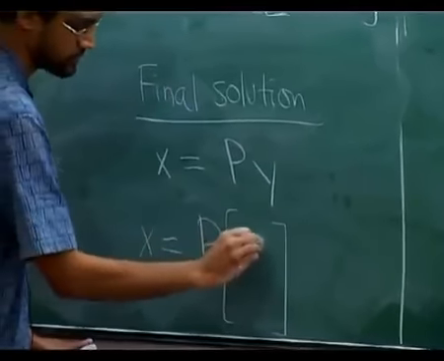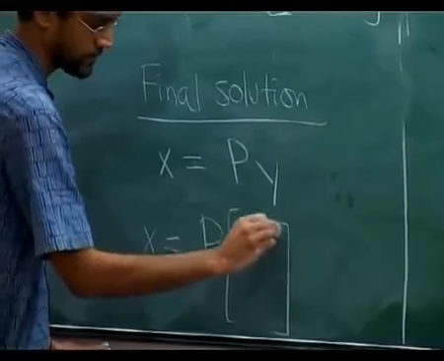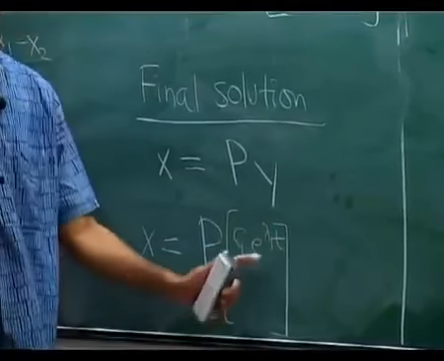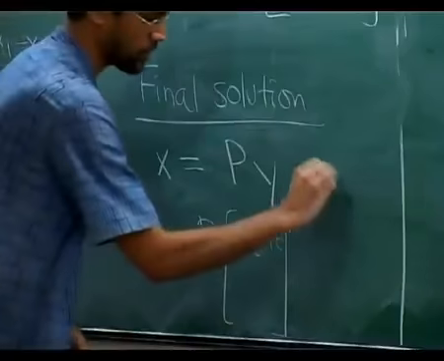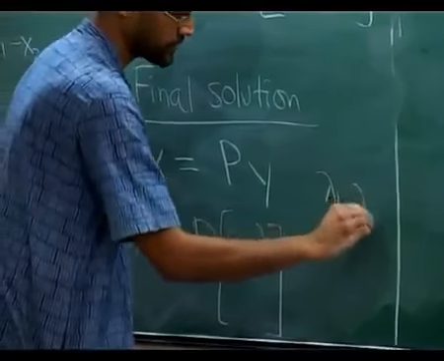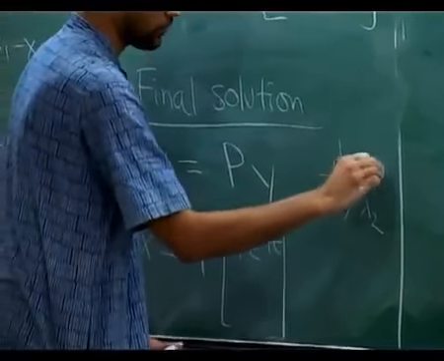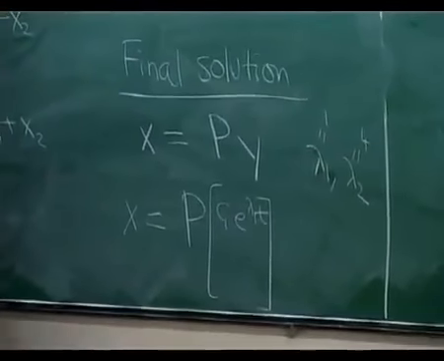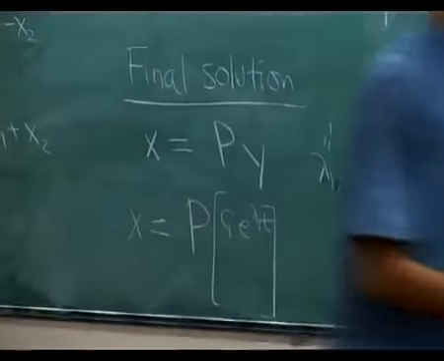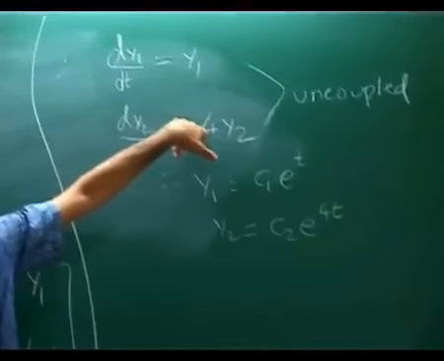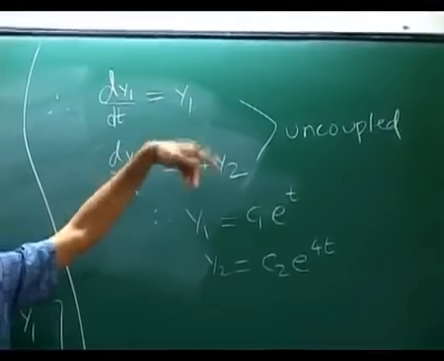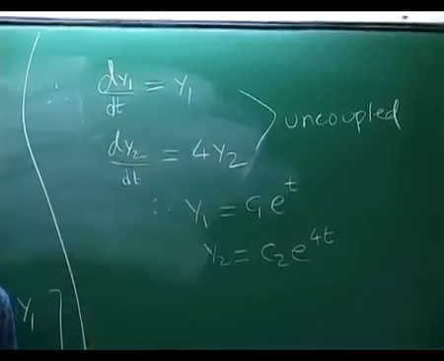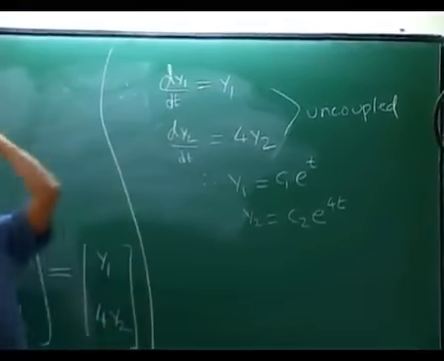It looks like C1 times e to the first eigenvalue times t. I will call the two eigenvalues lambda 1 and lambda 2 in general. In our example, lambda 1 is 1 and lambda 2 is 4. Remember the constants that you got, that was the observation we made, right? That these two constants are always the eigenvalues of the matrix. Why did we get that? Because those are the entries of D. They come from the matrix D, therefore you get the eigenvalues.